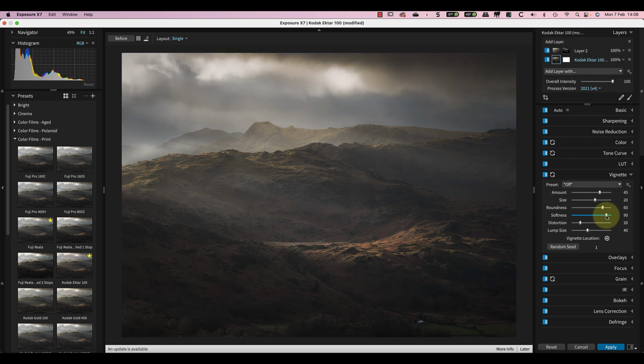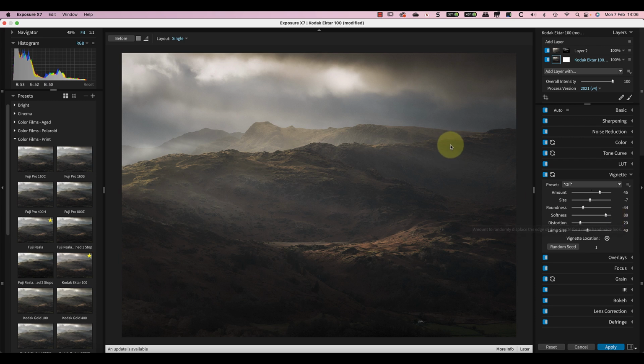I want a soft vignette, and I'm just going to make it a little bit more rectangular in shape. Let's just check the size. And that looks quite reasonable. I'll also just set the vignette location to be the center of it to be on the hillside here.